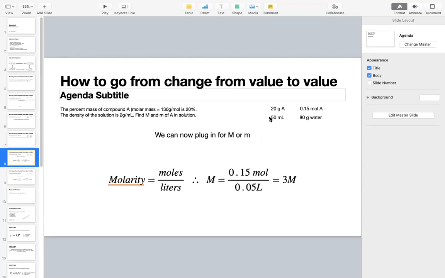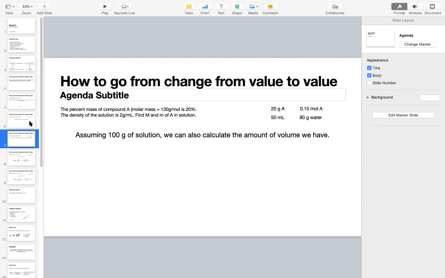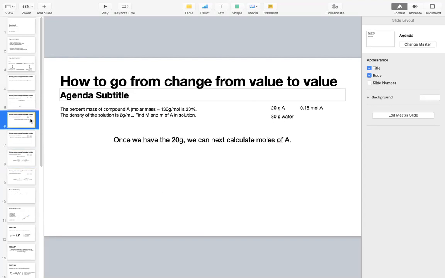No, the 15. Oh, 15. Yeah. So let's go back to this one right here. We already determined that we have 20 grams of A because of the percent composition. We assume that we have 100 grams, and 20% of that will be A. So we have 20 grams of A, and we're going to use the molar mass given to us in the problem